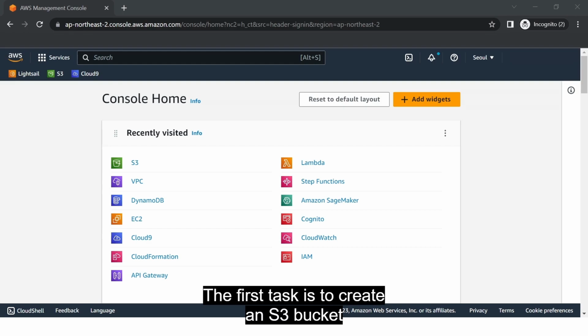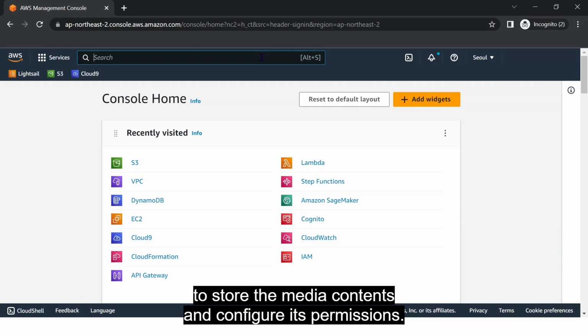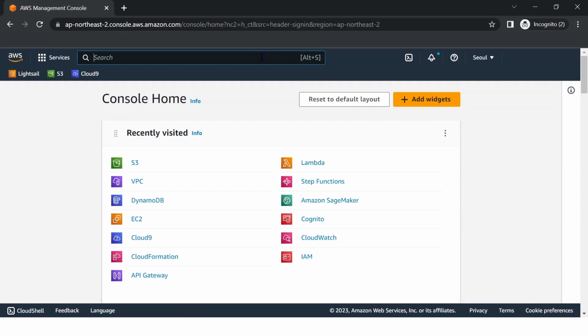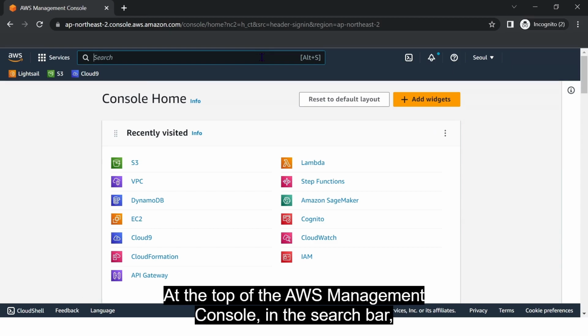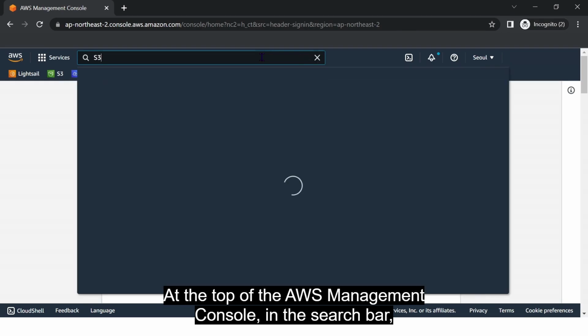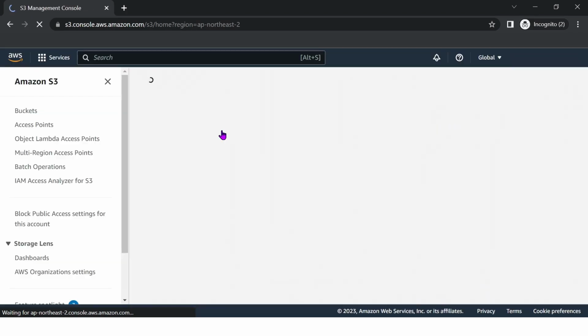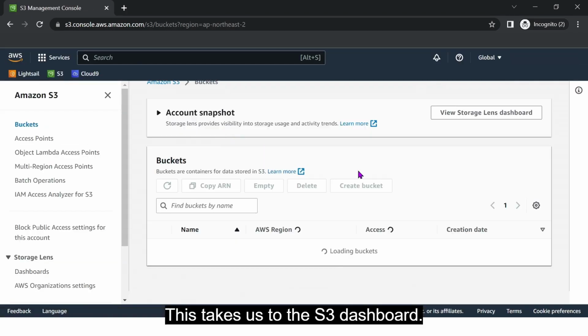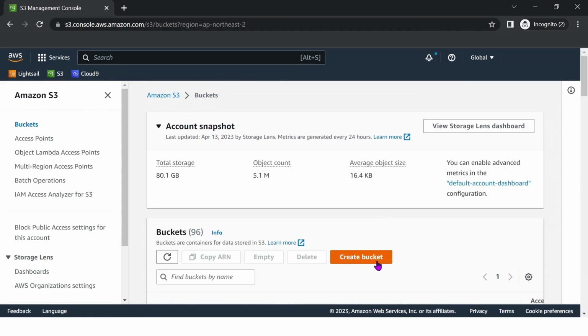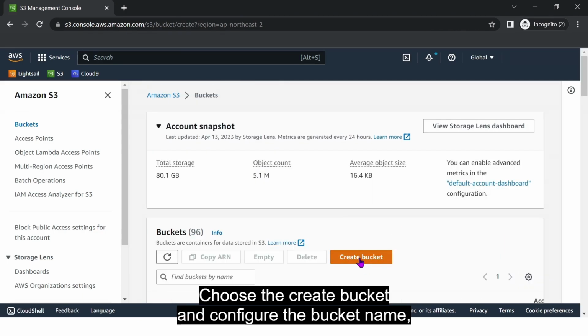The first task is to create an S3 bucket to store the media contents and configure its permissions. At the top of the AWS Management Console, in the search bar, search for S3 and choose S3 from the drop-down. This takes us to the S3 dashboard. Choose the Create Bucket